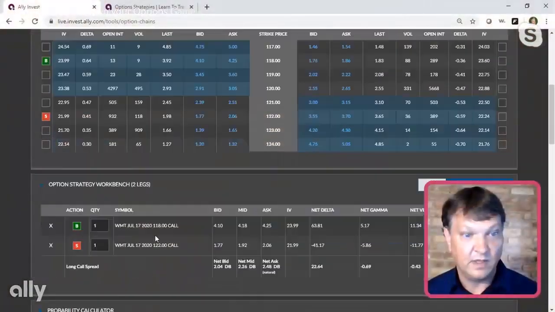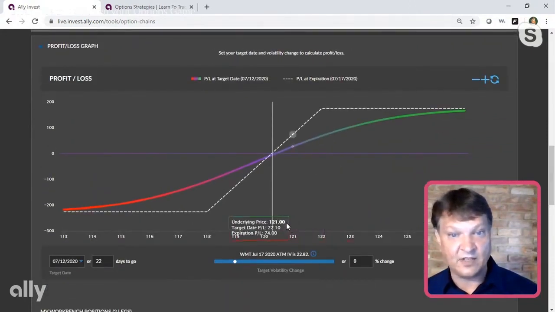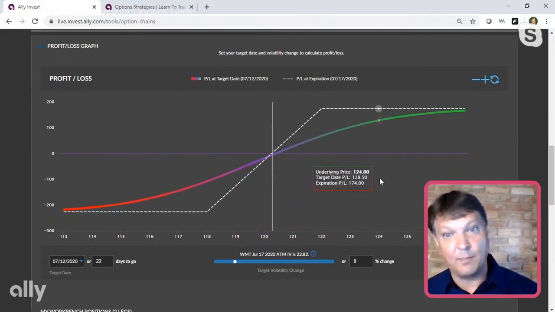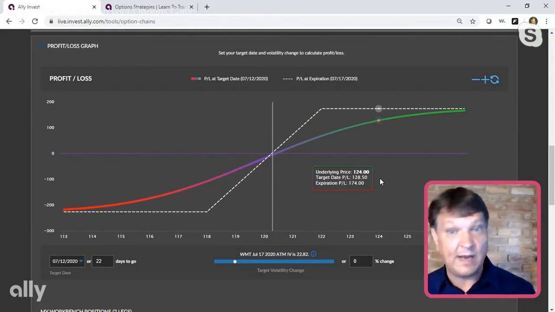Now, if you went to expiration and both options got assigned, right, it didn't land in between the strikes, it was up at, well, in this instance, we're bearish now. Let's switch it up and do the call. Let's do the other side. And then I'll look at the profit and loss graph and I'll talk about it, okay? So I'm going to clear this up. And I'm going to buy the 118, sell the 122. All right. If we do this now at expiration, and the stock, this line is actually where the stock is at, and the stock ends up all the way up around 124, and we fall asleep. We don't trade out of this. Nothing happens. Now we're at 124 at expiration. We got our maximum upside that we can make.